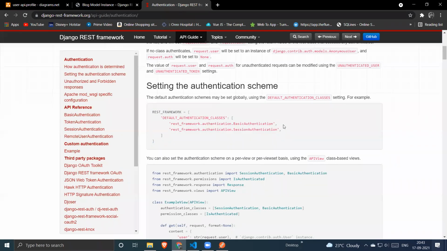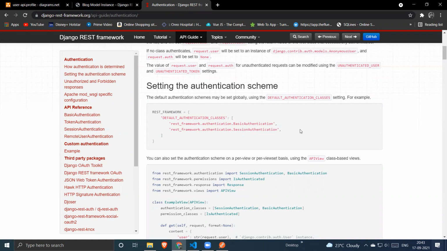So we have to tell Django that we are going to use token authentication. We have to set up basic authentication and session authentication. This basic authentication will take care of generating your token, or making the association between your token and the user. And this session authentication will take care of generating a session for that particular request.